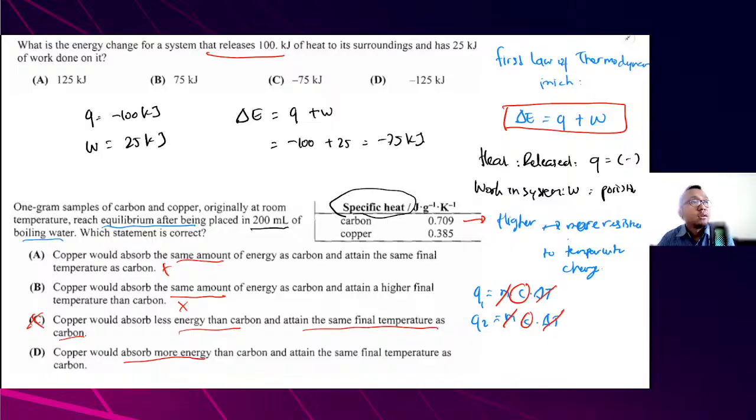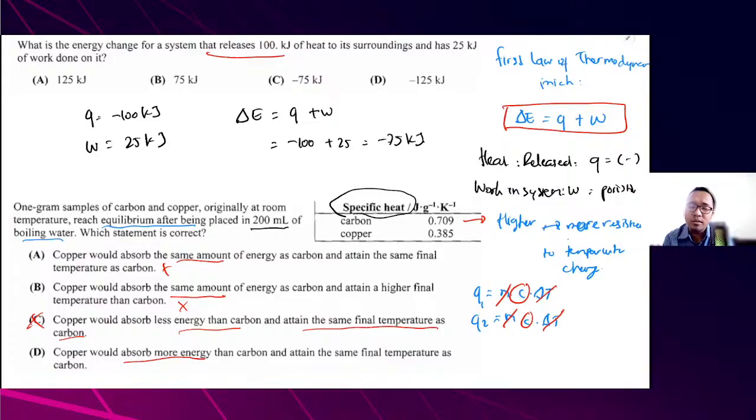Okay, all right. So let's move on to another part. Let's move on to the next question. Just remember, you guys, the equation about